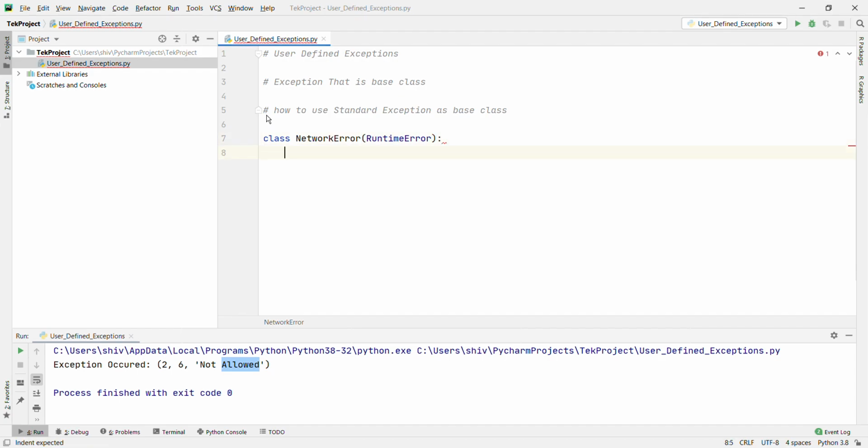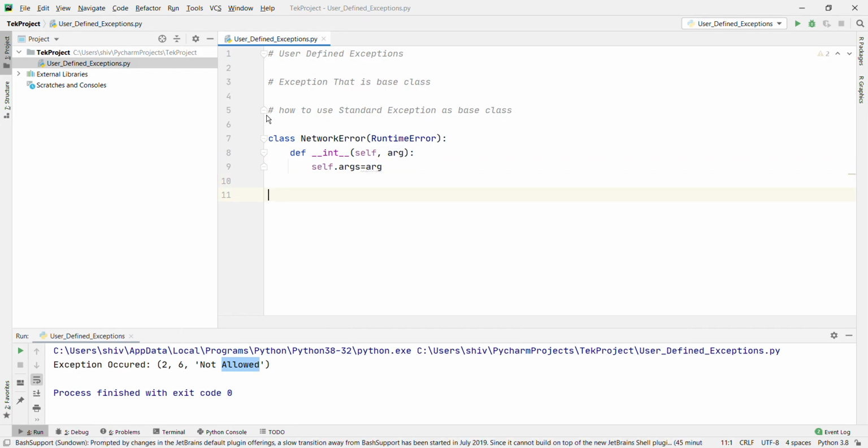We define init, passing the arguments, and after the colon self.args equal to arg. After that we are going to raise an exception.